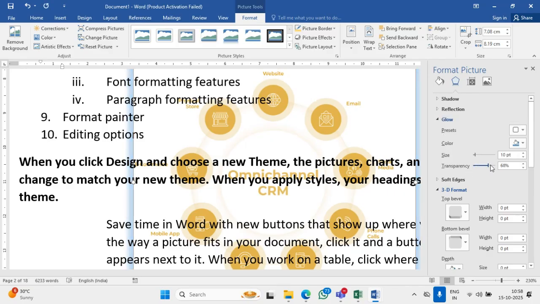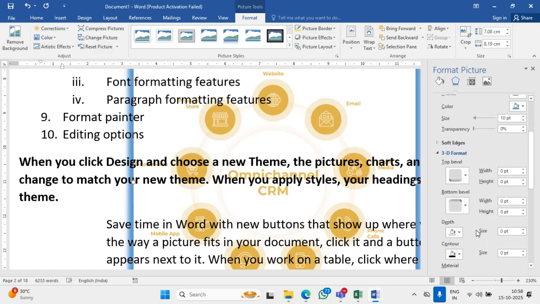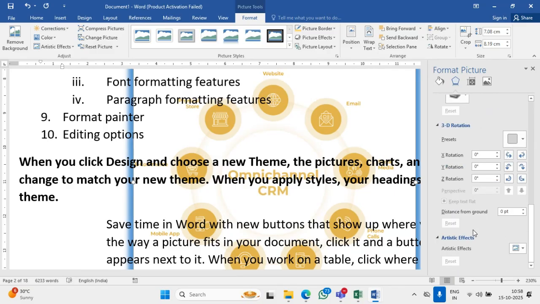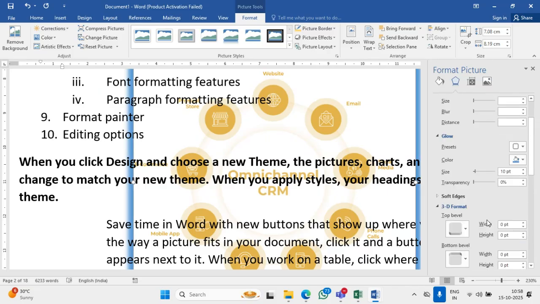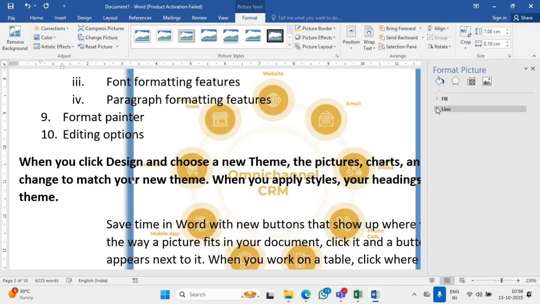You want to increase it or decrease it, however you want it to come. So different features are there. You need to explore and find out how you can. This is for the shadow part, and this one is for the